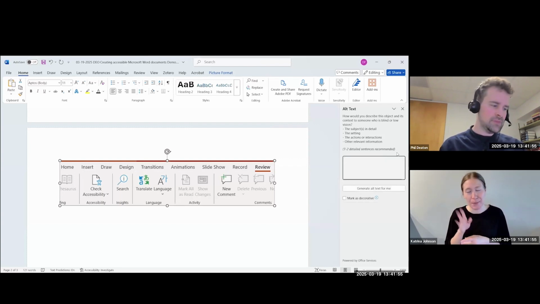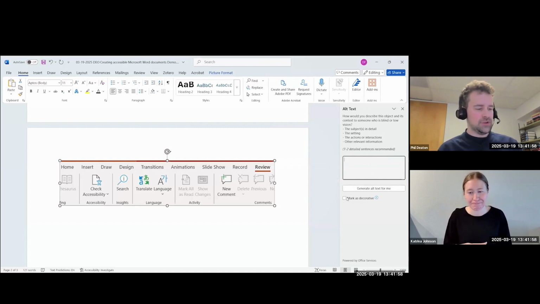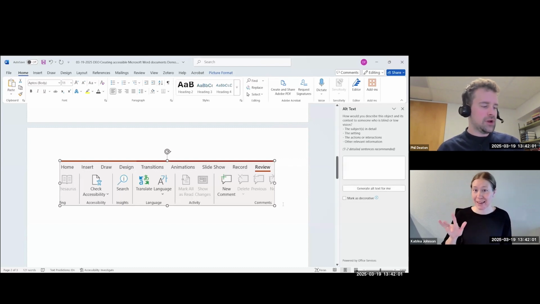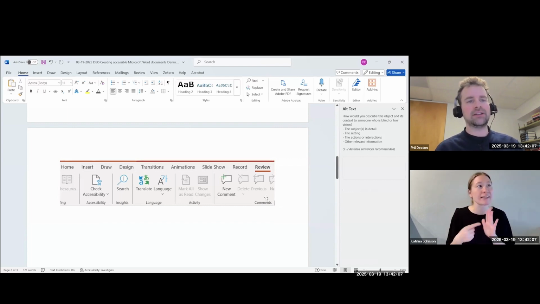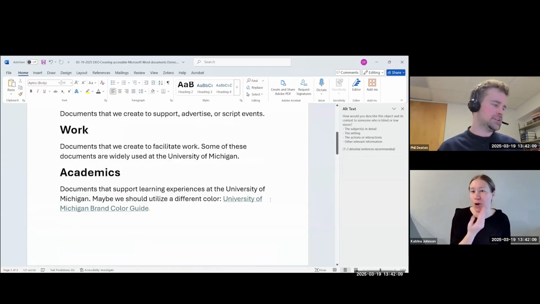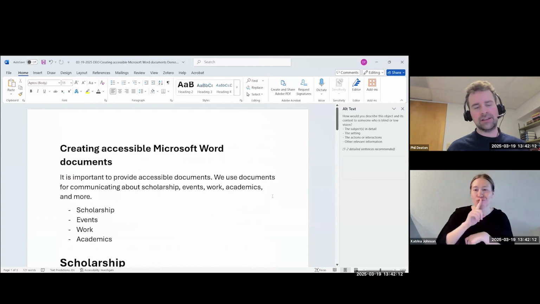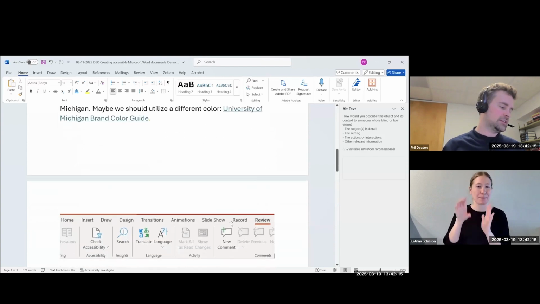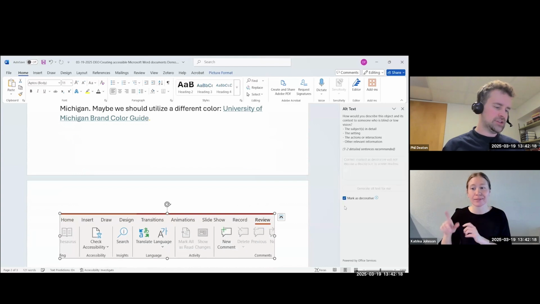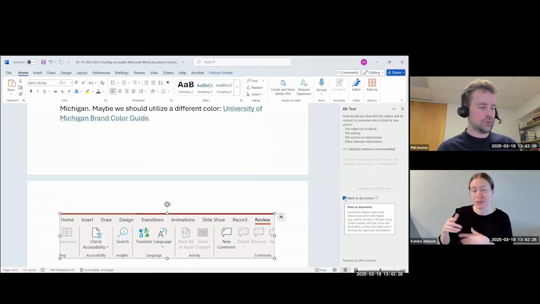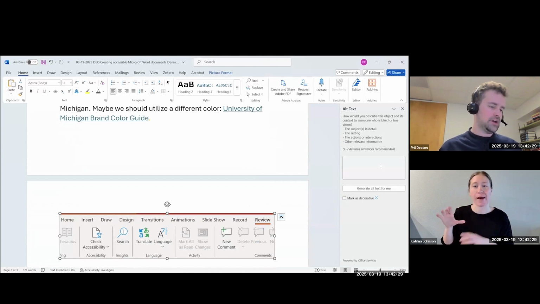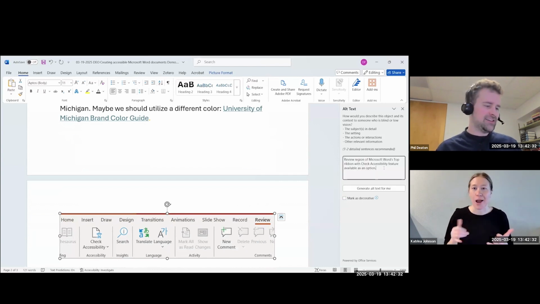There's another option where I can mark an image as decorative. For this demo, I'm not going to select this option. However, if I had an image that just had maybe a flower on it, kind of at the top of my document, and it was really just there for stylistic effect, what I could do is, again, select the image, go into the alt text area, and just mark the image as decorative. So that's a good way to just denote to the accessibility checker that we do not need alt text for that image. I'm going to uncheck that, re-enter my alt text that I've created, and I just brought up this